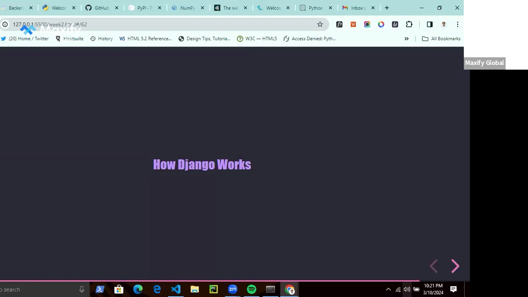Then the view is the agent, the middle guy that communicates with your database, right? When a request is coming from the client, when the user types your website address, the view is what essentially handles that request, intercepts that request, talks to the database for some record or some information, and then sends information back to the client, either through a template or through JSON or through XML, whatever data exchange format.